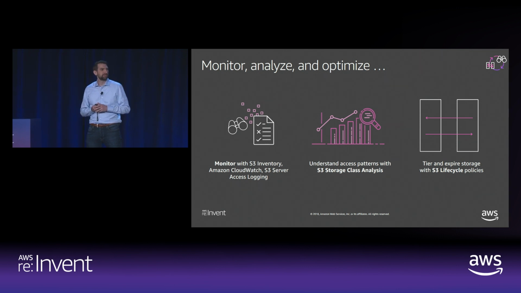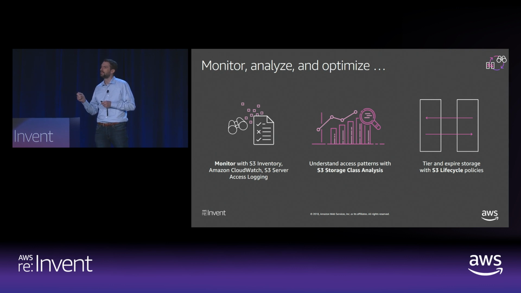The way it works is you choose Storage Class Analysis on a bucket or prefix or tag. You let it run for a few days, 48 hours, and it gives you a report and shows you at what age, for instance, after 30 days, after 60 days, or after 90 days, your storage is infrequently accessed. Then you can use that information, plug it into a lifecycle policy, and move storage from S3 Standard to Standard Infrequent Access. So you have these features in building blocks, and it works really well for predictable workloads